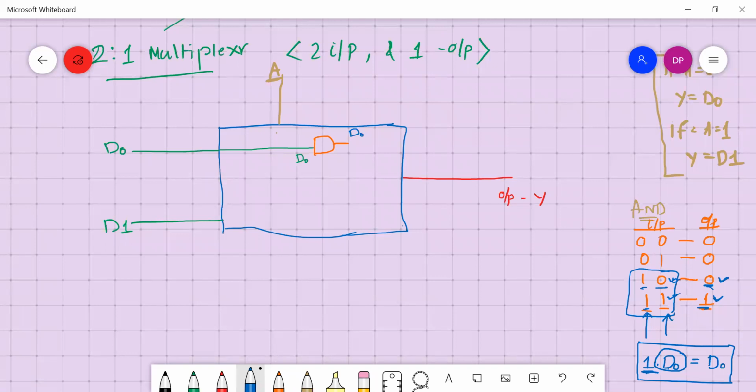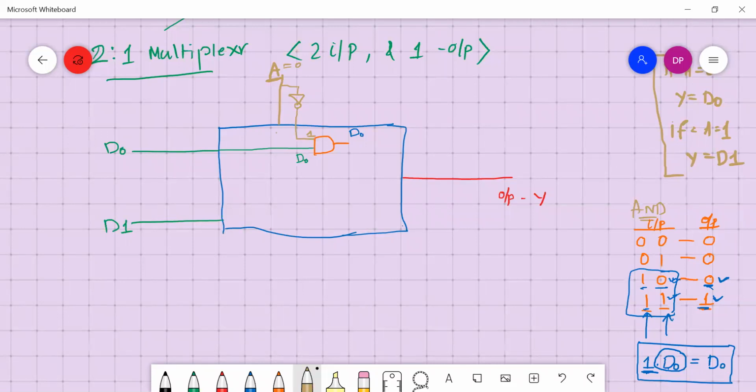So let's suppose I have taken A is equal to 0. What I'll do, I will take a NOT gate here, and I connect it over here. So if A is equal to 0, this value will be 1, isn't it? So D0 AND 1 will be D0, right?